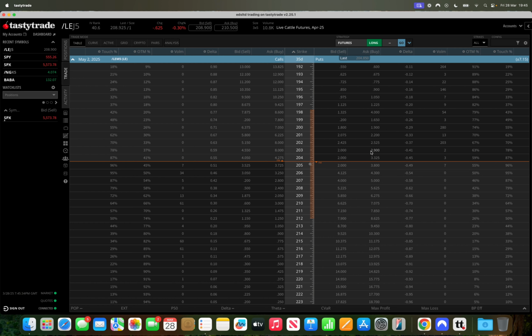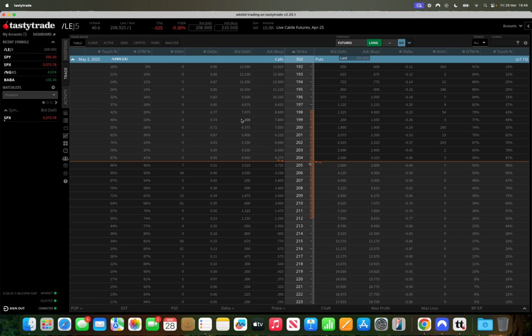Okay, we want to sell them outside of the expected move. And the reason why is because when you are short an options contract, you want price to stay away from that contract. So if we know what the expected move is, all we need to do is sell outside of the expected move, and we're going to get a high probability of success. Now, our expected move is shown here with this orange vertical bar. It's also in parentheses in the top right here, plus or minus